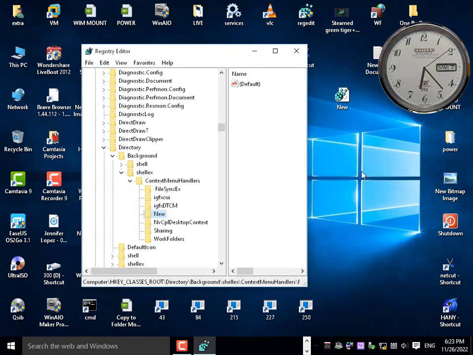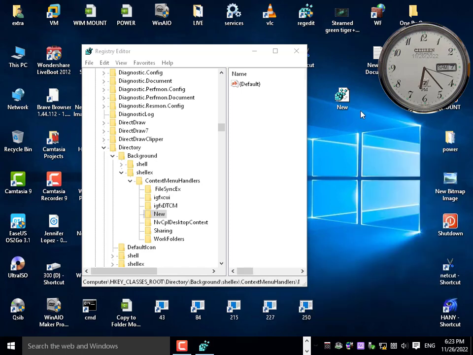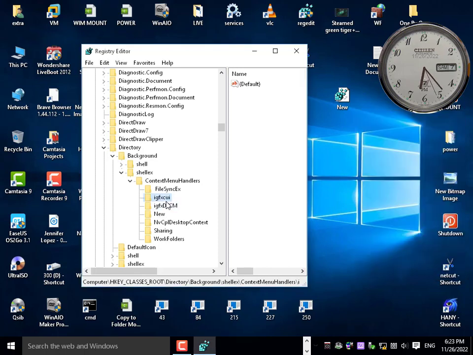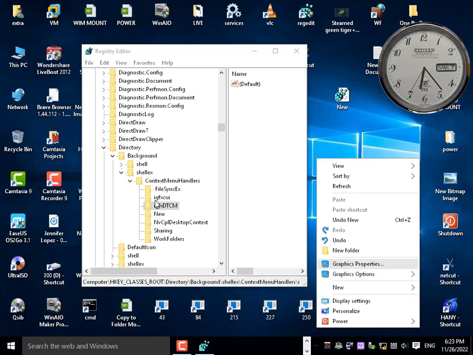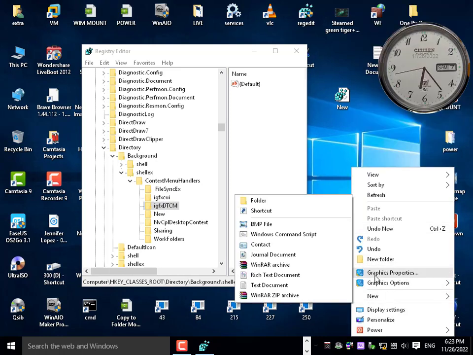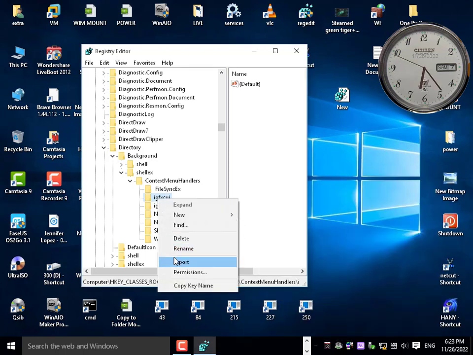If we want to remove any item of this menu, I told you before how to remove the graphics entries related to the display adapter you installed in your operating system. How to delete this one in front of you, this one and this one. I told you in a separate video how to remove these two inside this menu. I can remove them from here. If I remove these three, I just have to export this one first, rename,